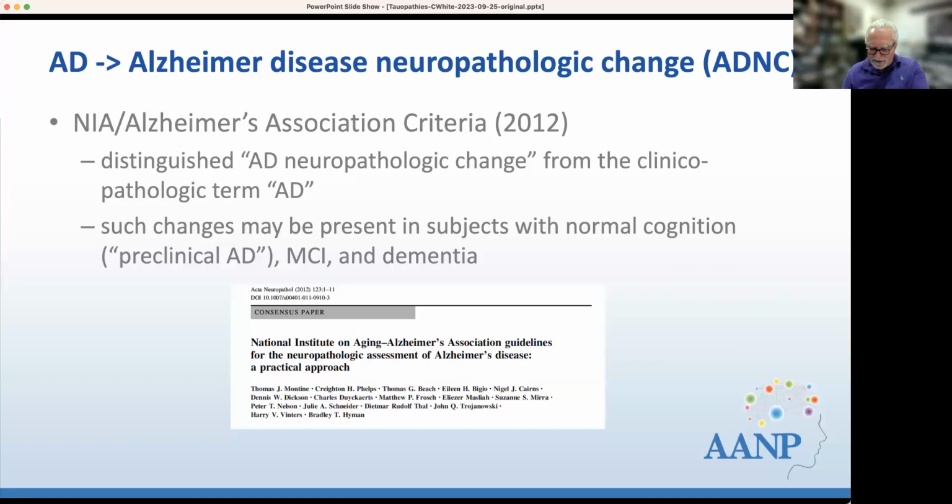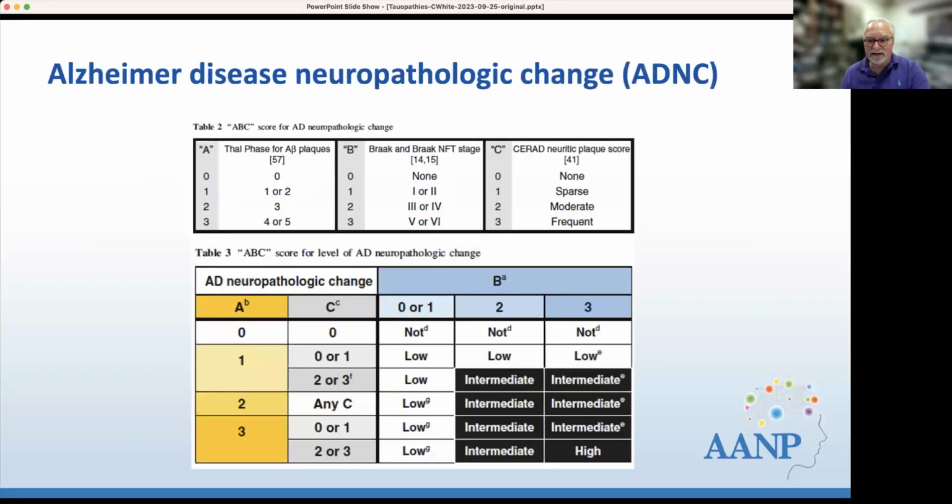So, I started out talking about Alzheimer's disease as a clinical pathologic entity, and I gave you the clinical features first. From this point forward in this talk, I'm going to discuss the neuropathology of the various tauopathies and only give you the clinical features that are common for that particular entity at the end, to de-emphasize the importance of the clinical features for making the diagnosis of these entities.